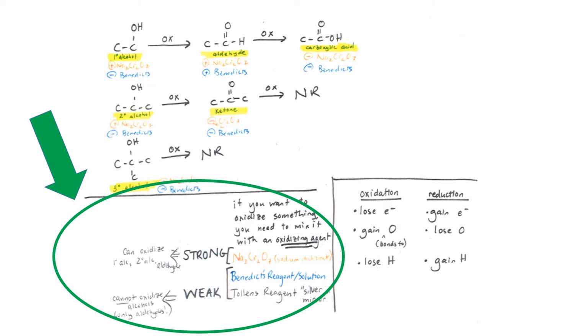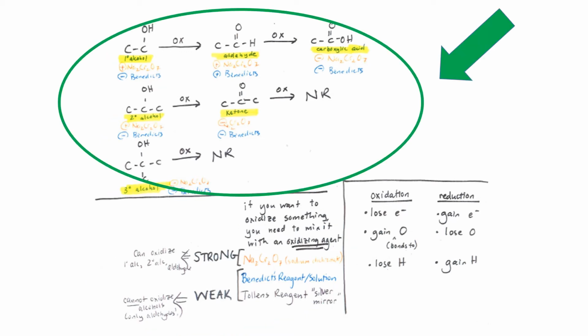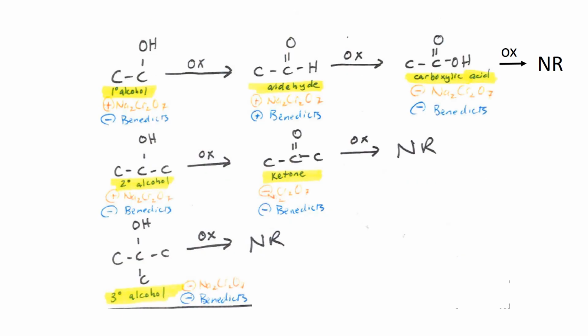Now we can take a look at the last part of this slide, which is the top. The top of this slide is a summary of all of the redox reactions that involve those functional groups I highlighted at the beginning of this video. So we will spend the rest of this video looking at the top of this slide. To make it a little bit easier, I'm going to have us focus just on that. So this is the top of that previous slide, kind of zoomed in.